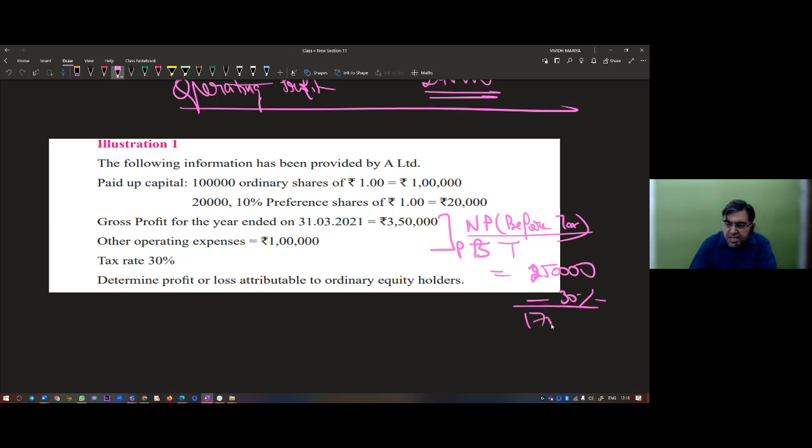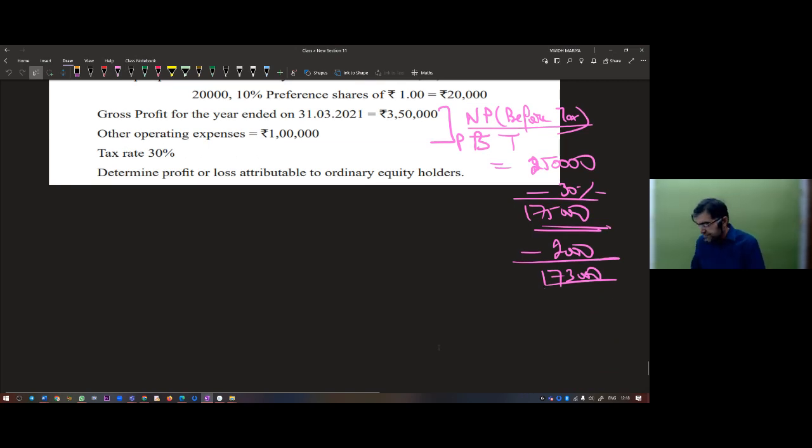It is 1,75,000. Now the preference dividend is going to be 2,000. So profits available for equity shareholders is 1,73,000. Your answer is